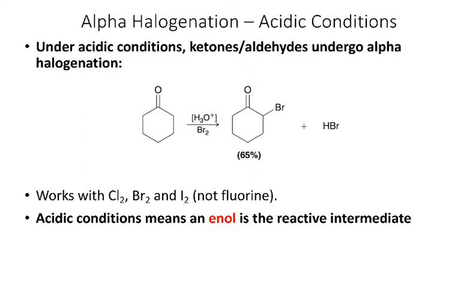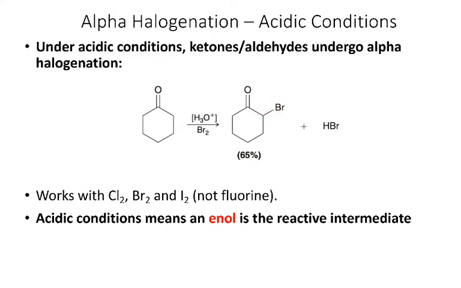I think if our goal is to just add a single halogen in the alpha position, acidic conditions are most often the easiest way to go. We'll see how it's different under basic conditions later on in the video. All I need to do is react my aldehyde or ketone with our halogen, Br2, Cl2, or I2. It doesn't work with fluorine. With an acid catalyst,